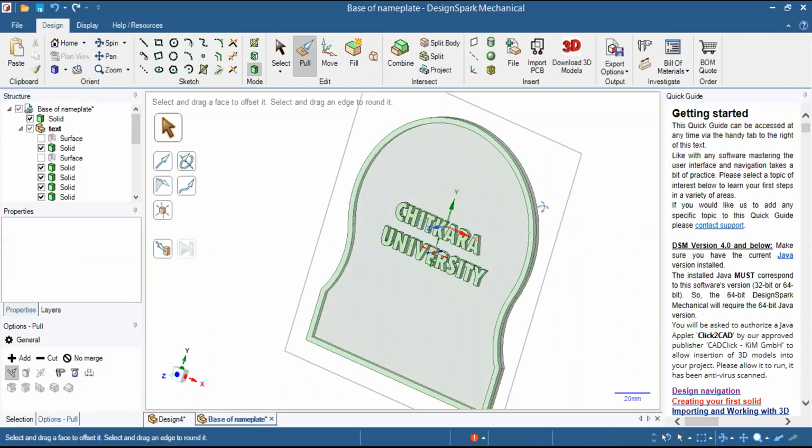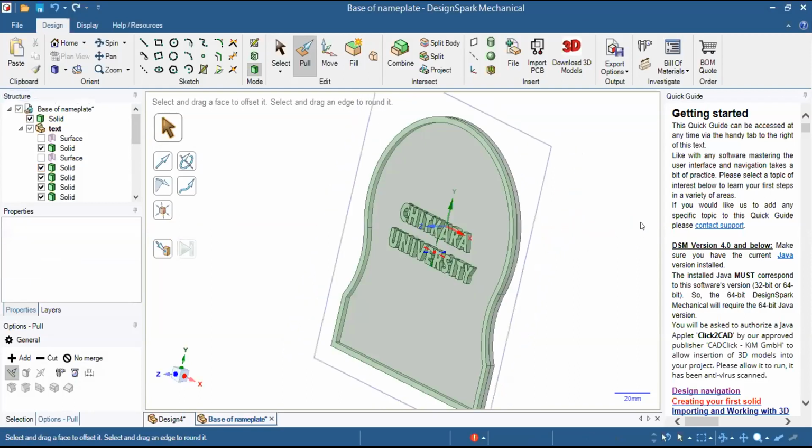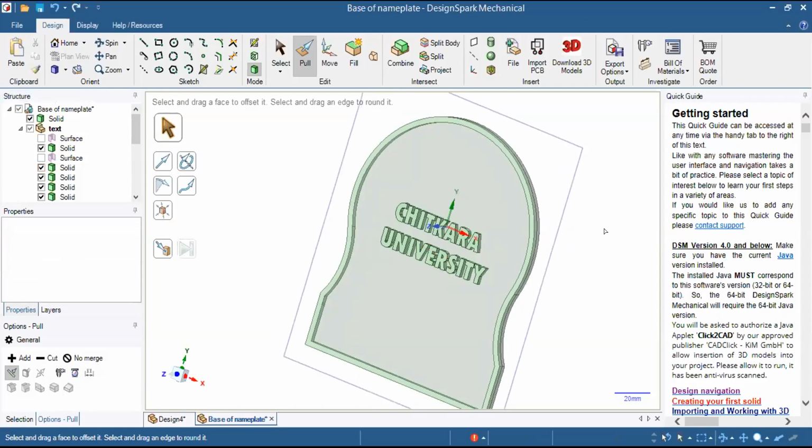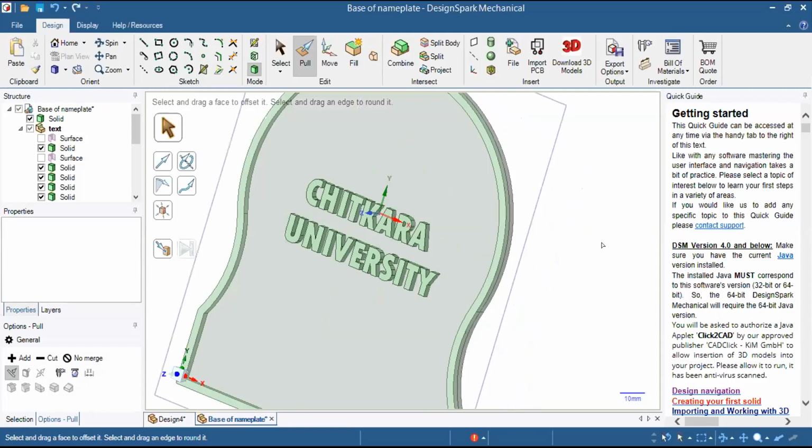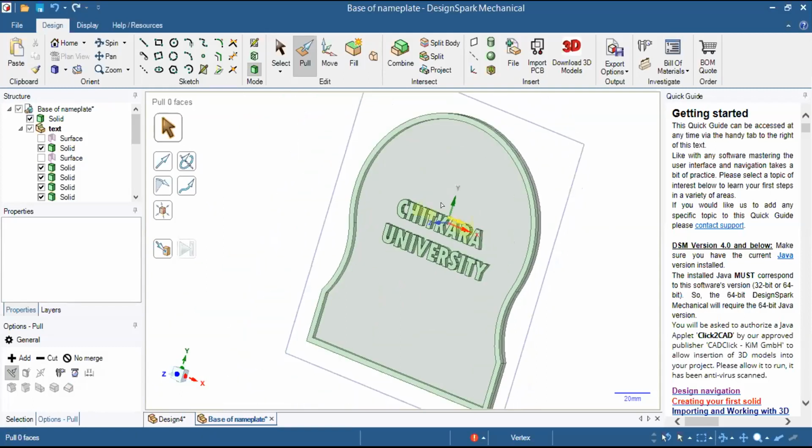Now you can see a similar nameplate has been created. But when we will be 3D printing it on the printer which is available with us in Chitkara University in our center, Newgen IEDC, then we can do it in 2 colors. Chitkara University, and the outer border will be appearing in a different color and the base plate will be of a different color. So it will be looking more graceful and the text can be highlighted in a very good way.